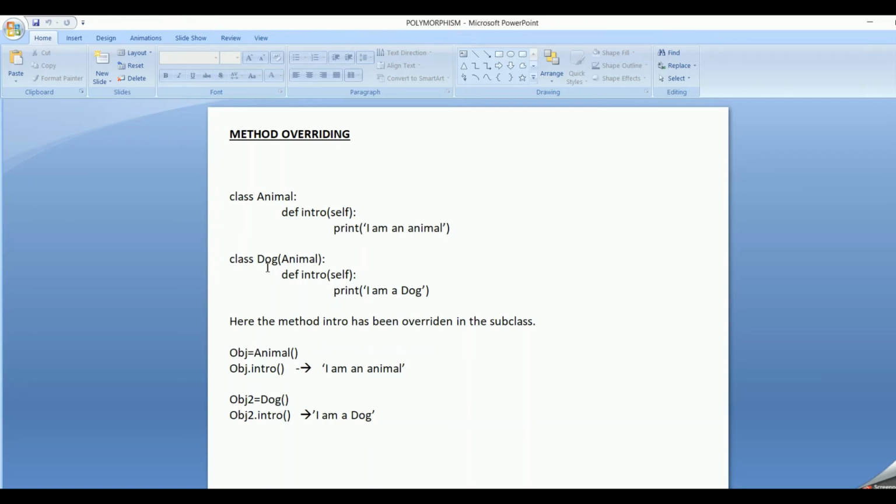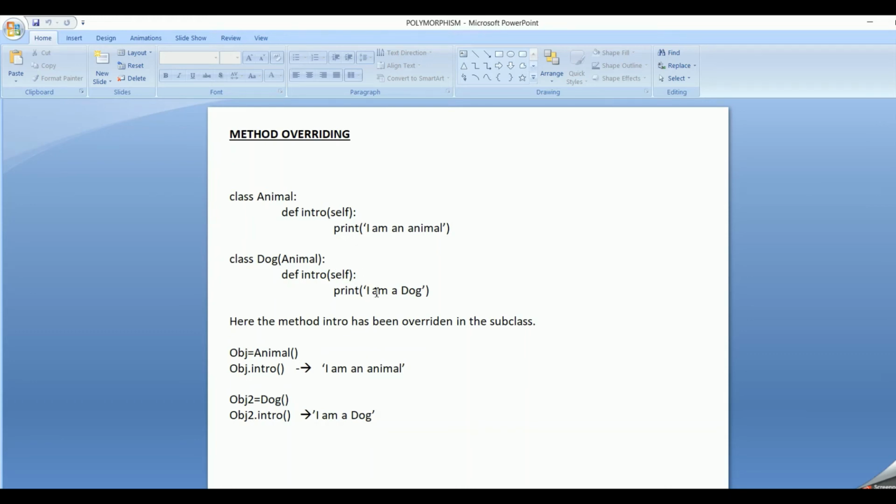Then my dog is a subclass or a derived class which inherits the base class, and it does not want to print I am an animal. It wants to give its own implementation. So we can override the method in the derived class and give a new implementation for this particular method.